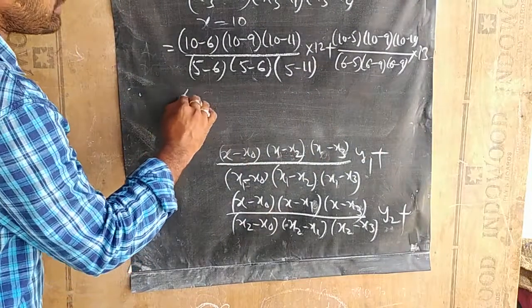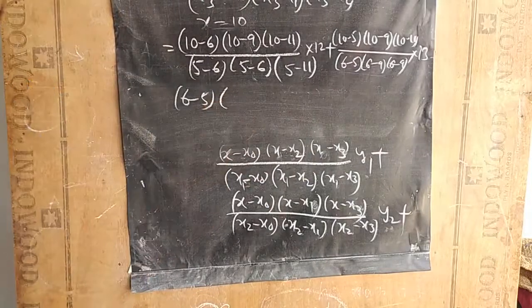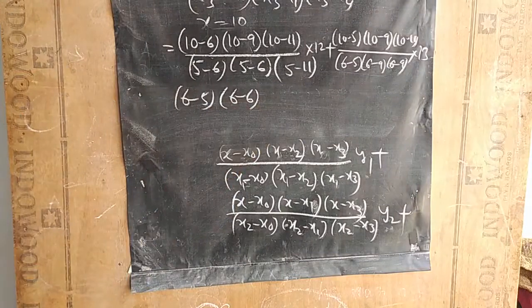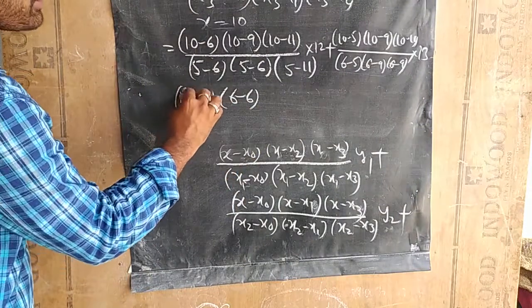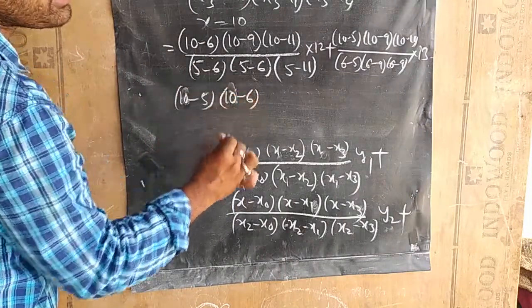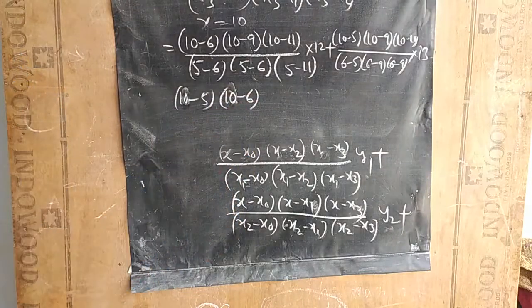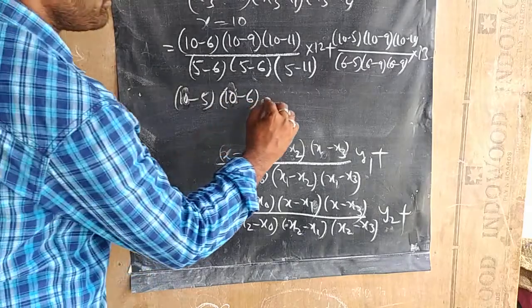Next, sorry, not 6 minus 5, 10 minus 5, 10 minus 5 here, 10 minus 6, 10 minus 5 into 10 minus 6 into 10 minus 11